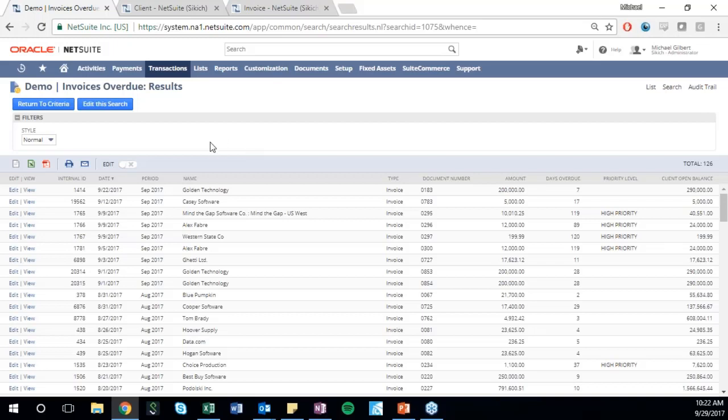So I've opened up my search, and here I have all my columns of data. This is the name of the client that is on each of these invoices. I have my document number, the specific amount, and notice these two columns on the right. I'll explain them further, but basically what they are is that the priority level column, I created a case statement so that every time an invoice is more than 30 days overdue, it is a high priority. And then here,